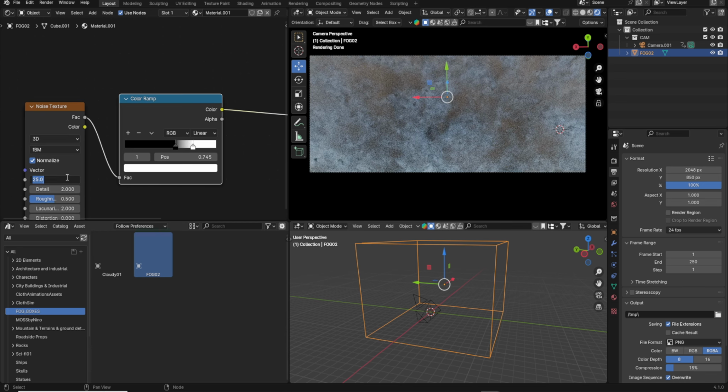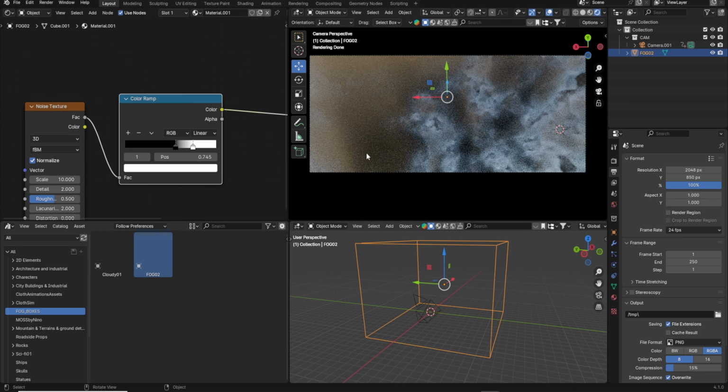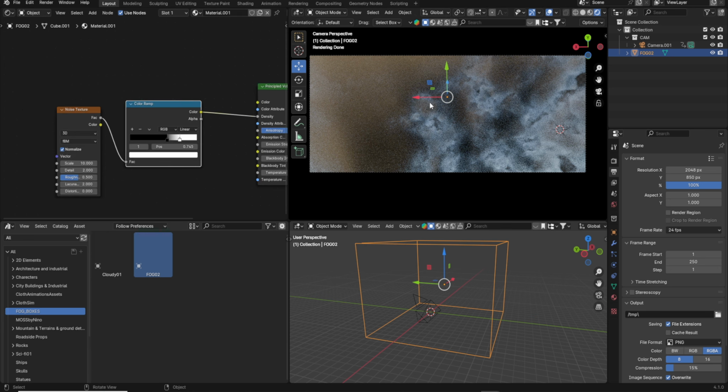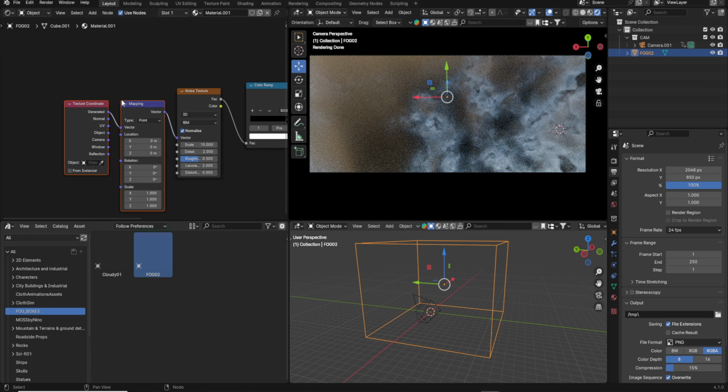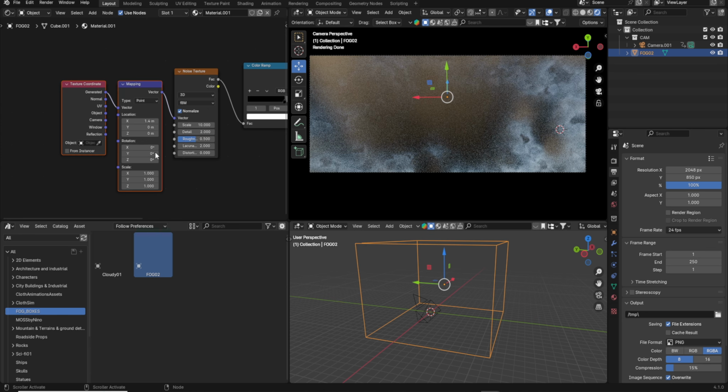And with the size as well, I'll just keep it 10 and see how that looks. That looks good. I'm going to move this noise texture. Press Control T, you will get this mapping and texture coordinates. So just simply using these coordinates, I just animated this noise pass from this to this direction, same as our